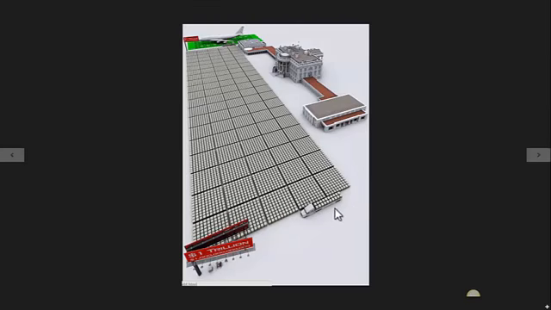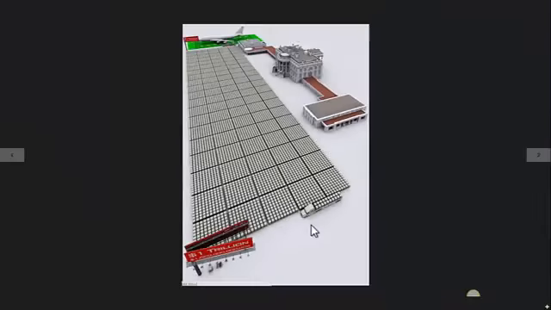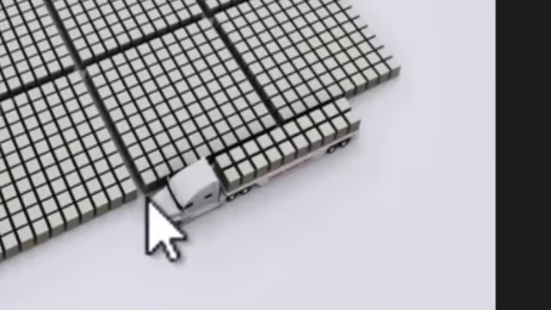Okay, so right here in this illustration, this is going to just give you an idea about how much money $1 trillion really is. Okay, what it looks like. So you can get an idea, a mental picture. You see right here it says $1 trillion. This is what this represents. Now, just to put this to scale, you see these right here?